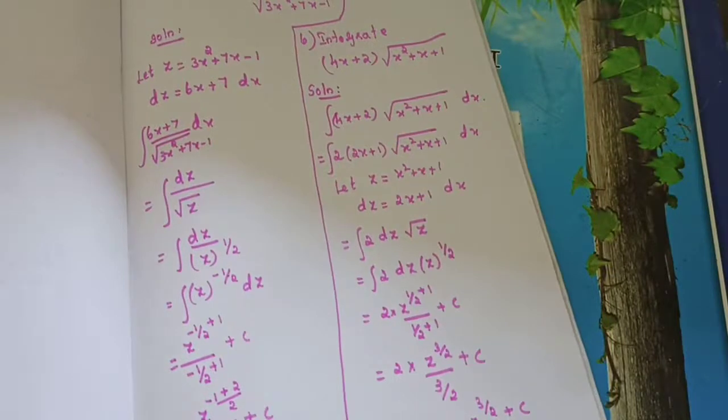When you are considering z, you have to be very careful. When you are taking the z value and afterwards differentiating to find dz, we must substitute in that. So according to that you need to choose the z. That's the only thing in this section we need to know. Understand, children? Okay. Let's go to the next question.